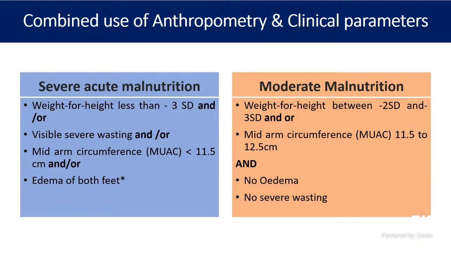When there is edema and severe wasting with less than 11.5 mid-arm circumference, then we call it severe malnutrition. When it is between 11.5 to 12.5 with no edema and no wasting, we will call it moderate malnutrition. Are you understanding? This is very important because in your centers you have to see it. If the child is severely malnourished, you will admit and give fluids, and therapeutic feeding should be done. Moderate malnutrition, you can give counseling, tell about the diet, and treat on an OP basis only.